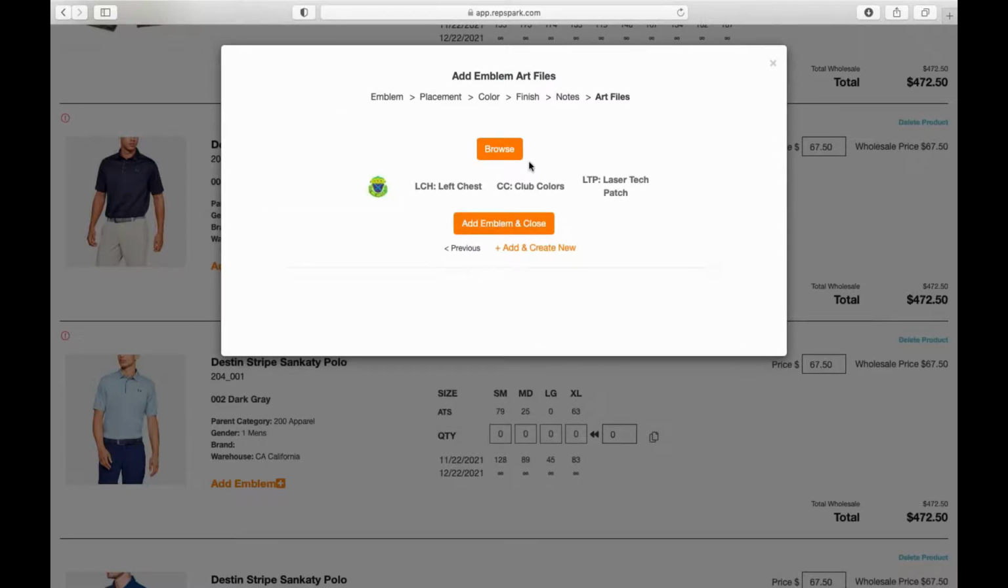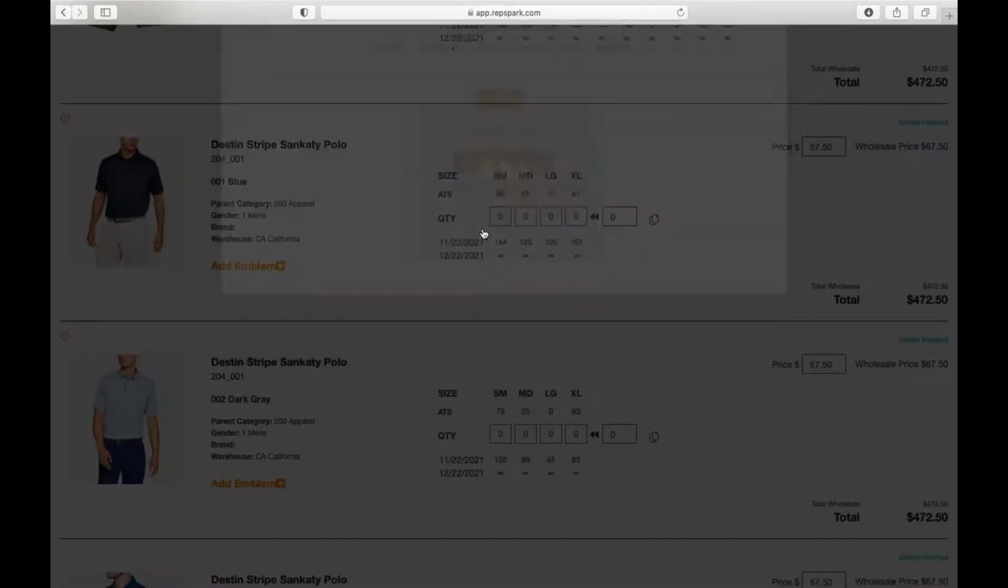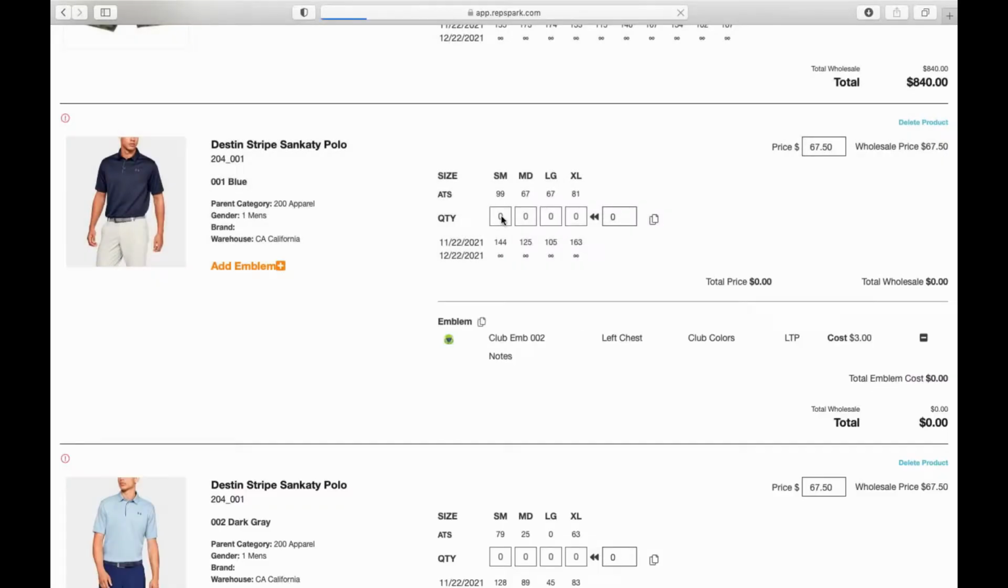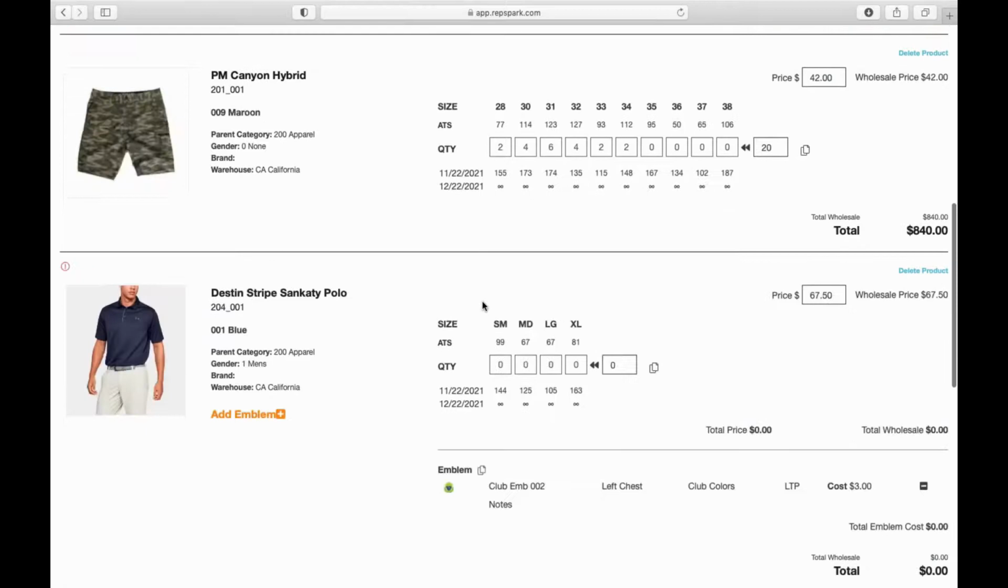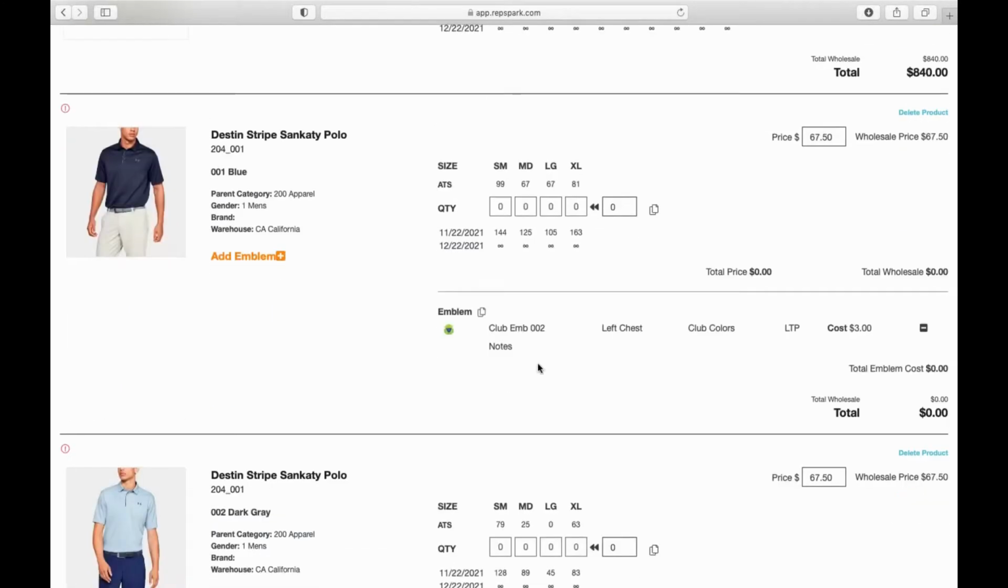If you wanted to allow them to upload a logo, they could do that as well, or they could click emblem and close. This is a great way to facilitate orders, especially within this golf vertical, where they may need to be adding different emblems to those different products. I'm sure if you've experienced that before, it is quite an interesting process and takes a lot of manual effort